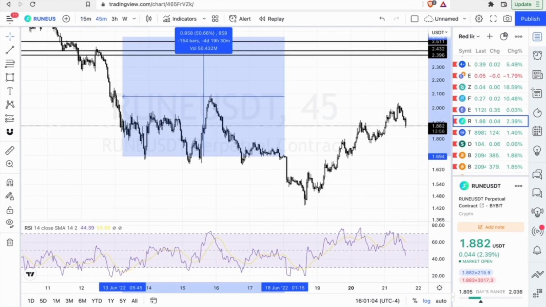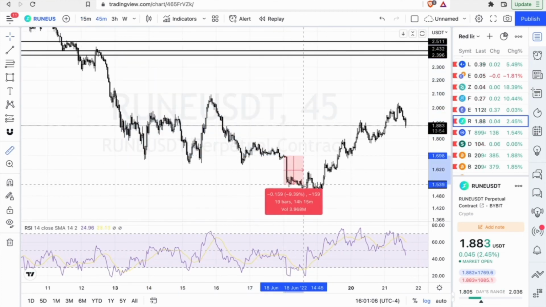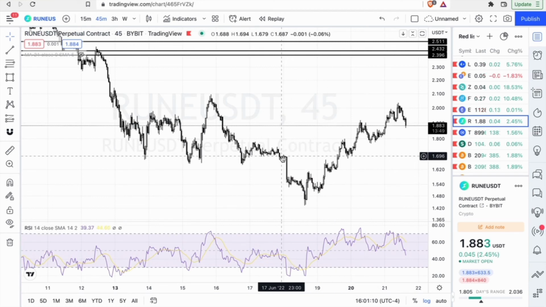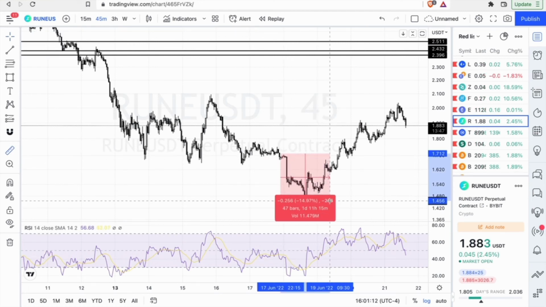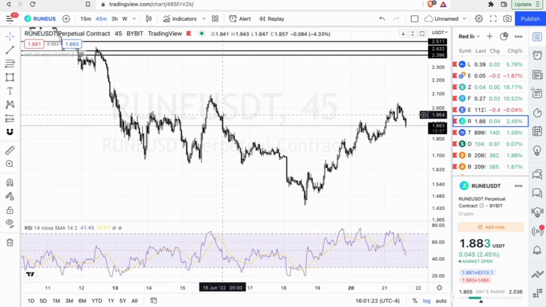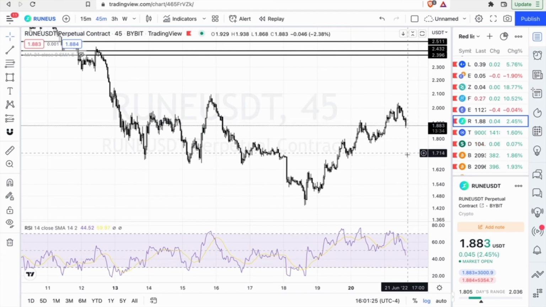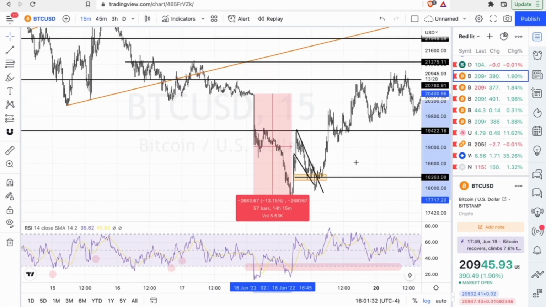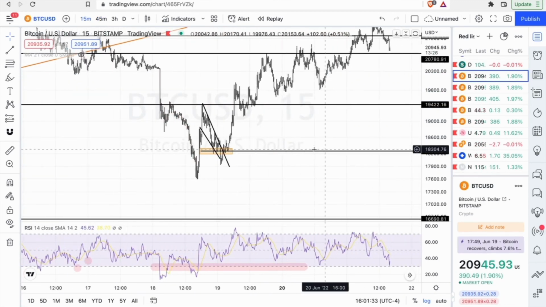So, and now we see Rune. If we did Rune from there, only 13%. How does it all dip the same amount as Bitcoin, right? Or roughly the same amount as Bitcoin when the market's so bearish. So this is why I think Bitcoin holds the 17K. It gives life to all the alts just to make that double top come in. And then we see the alts take the lows. When we see the alts take lows and then we see Bitcoin hold above this 18K